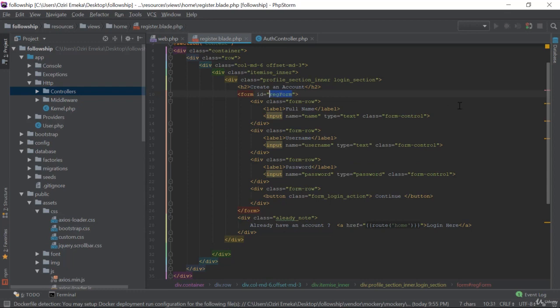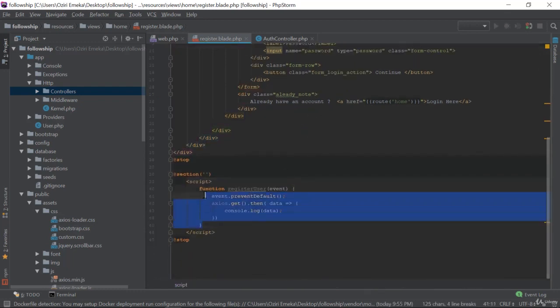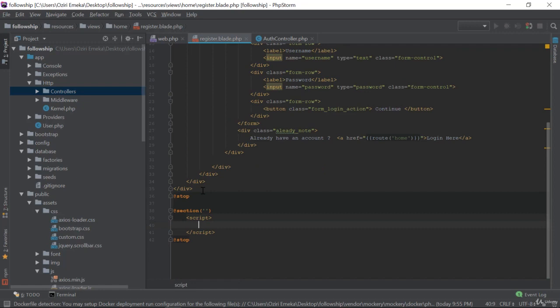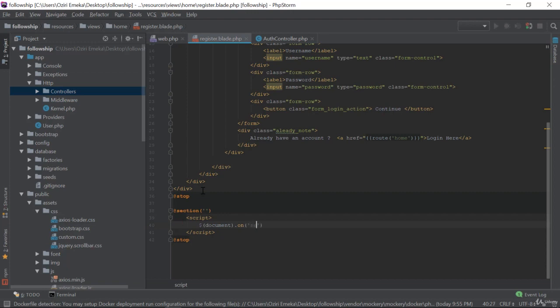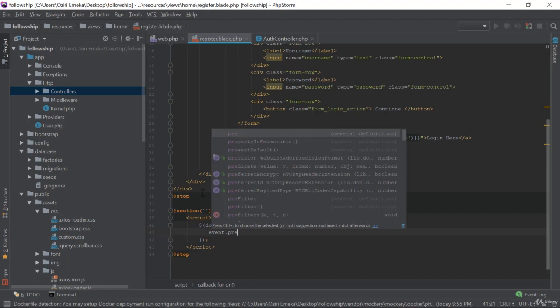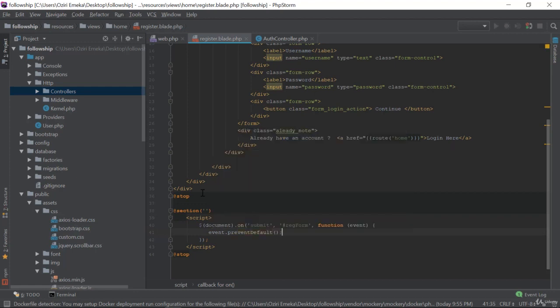Okay, great. Now for this, instead of this function, I'm going to say document dot on submit. Watch for any submit event tied to this ID, then run this function. Make sure you pass in the event, and then prevent the default behavior of the submit form. Then